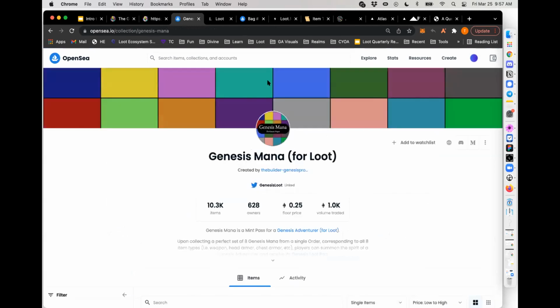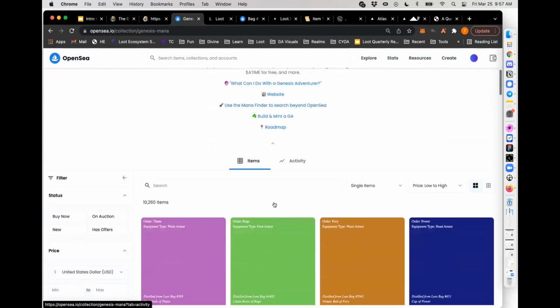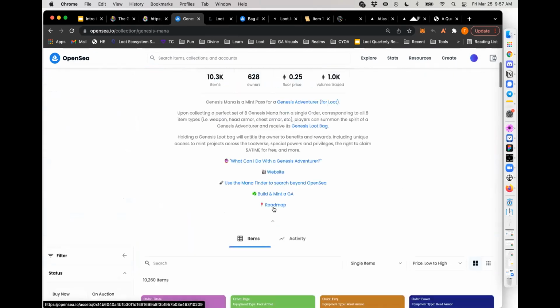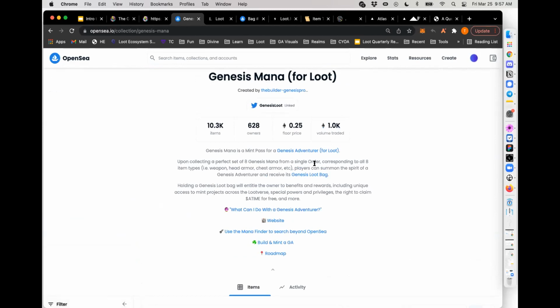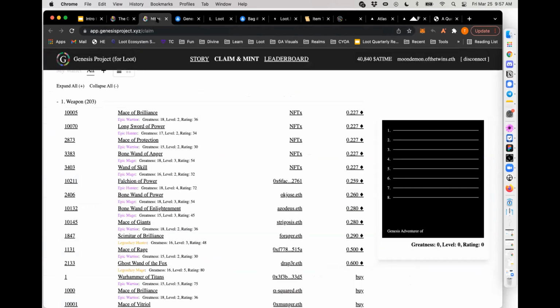And you can see here that yes, it's an NFT project, but it's something a little different. It's like collectible cards that on their face look like little silly pictures, but through the trading volume you can see that it's a really active project that people have had a ton of fun playing. They take this Genesis mana and trade with each other in Discord, on Twitter, through really fun and innovative ways of reaching people to say, hey, you have the bone wand of power I need, but you're anonymous. How do I find you?